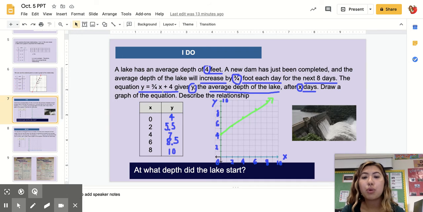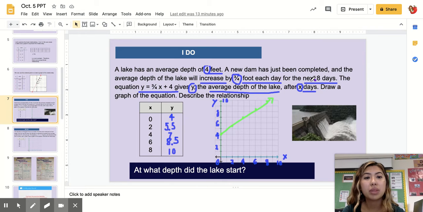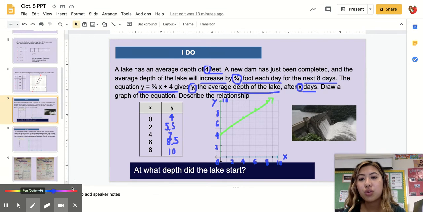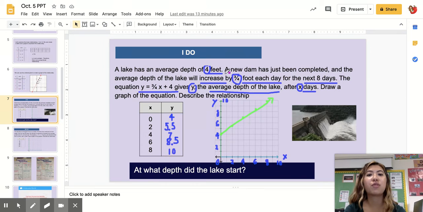So in this problem, they gave us the equation, but if we didn't have the equation and we just had to write an equation from the situation, let's go ahead and review what that process would look like. So a lake has an average depth of 4 feet. That's where it starts. Our starting value is also known as our y-intercept. And then it says the average depth of the lake will increase by 3/4 foot. So increase means that we're adding